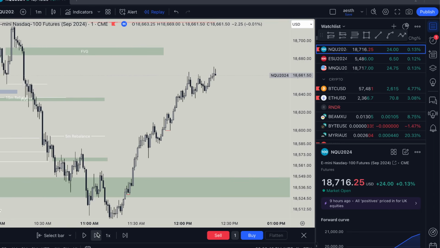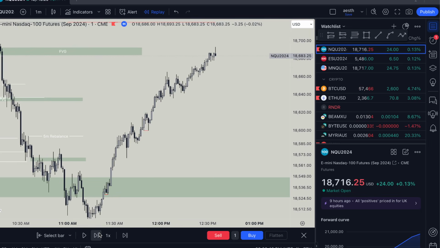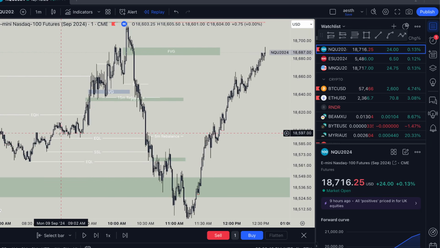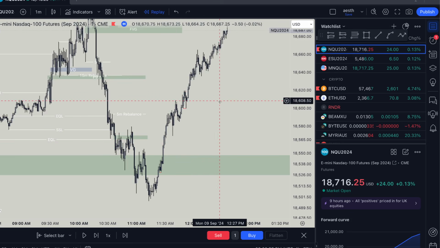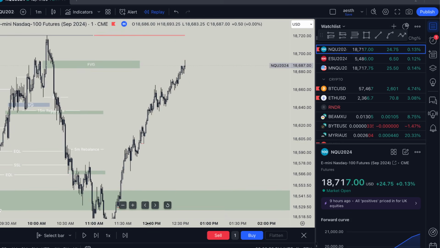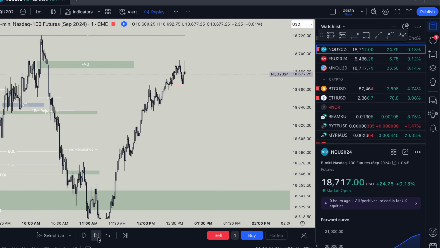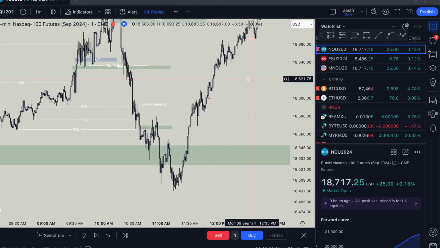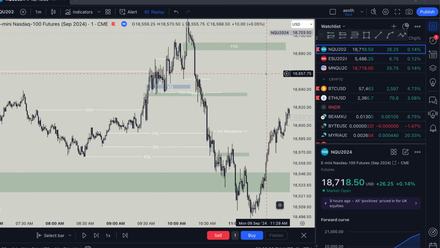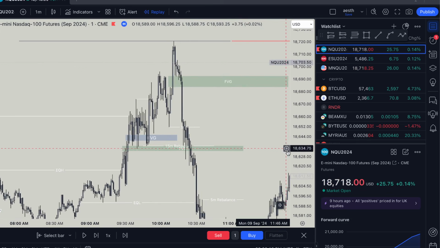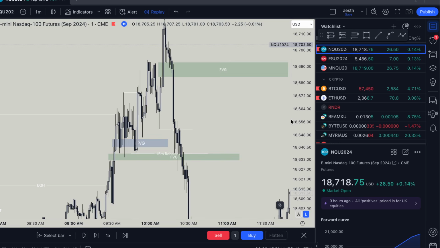And I didn't think 11 was going to do this much, though. This is pretty surprising. I really thought after AM session had this move just up and down that lunch hour and 11 were going to be pretty choppy, but this was pretty not anticipated in my brain. But the draw seemed clear once again after rebalancing that 4 hour and taking out all that sell side. So yeah, some things to note here is you don't want to be hyper-fixated on ES all the time, because it can sort of kill your technical analysis.